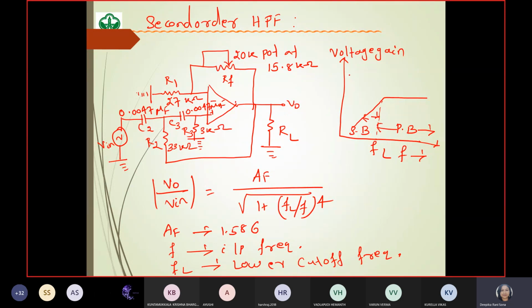And this is the frequency response characteristic, the passband and transition band, of your second order high pass filter. So see, here guys, we are getting a hike in the gain: as the frequency increases, FL is increasing, the gain is also increasing. At the lower cutoff frequency, the gain is flat or constant. In the low pass case it is minus 20 dB per decade, but here it is positive, not minus.